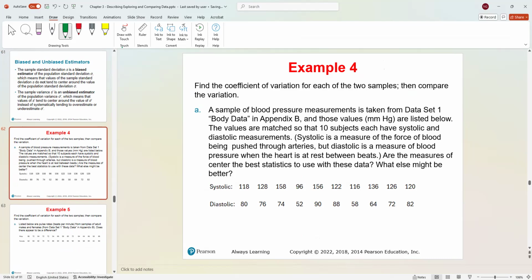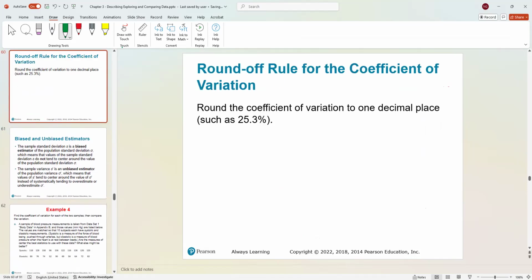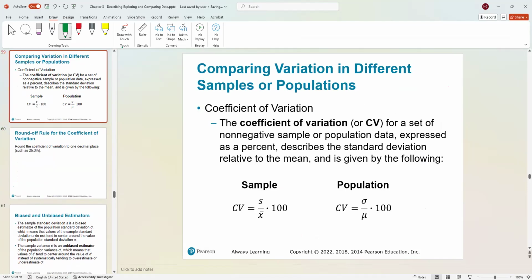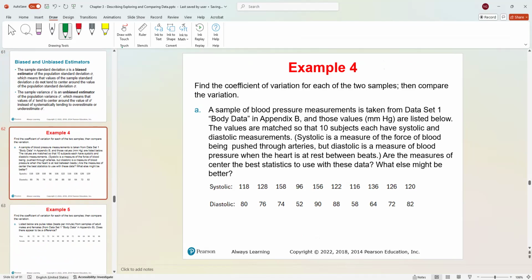You see we have two data sets, I think we did that one before. The only thing they ask you to do here is to find the coefficient of variation for each of the two samples and then compare them. Remember the goal: we must find the standard deviation for each data set. Standard deviation you need because